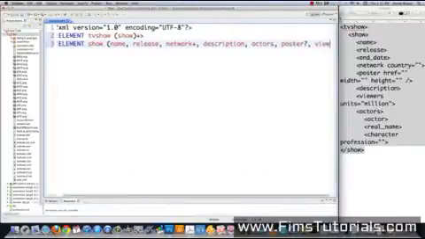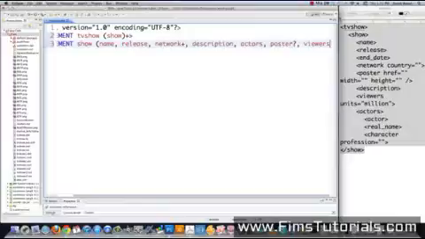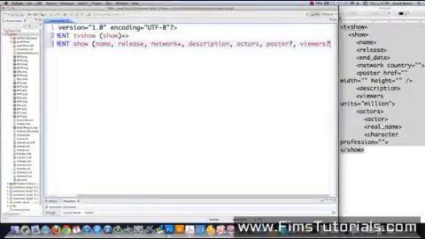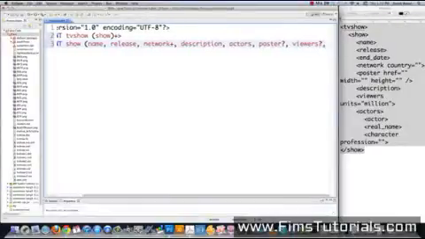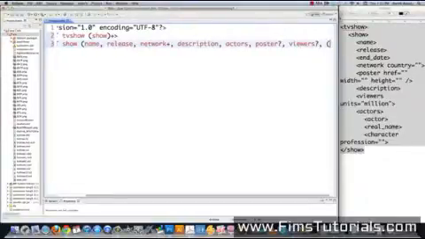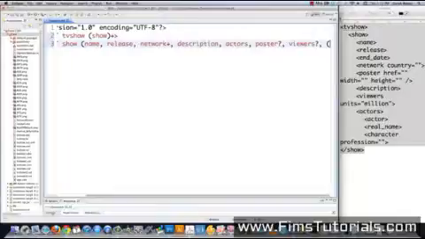And also, let's say I don't have access to information in regards to viewers of this television show. I'm also going to put a question mark inside for that, and that just simply makes it optional. And then also, let's say that I want either one or another of these to be entered, which would be